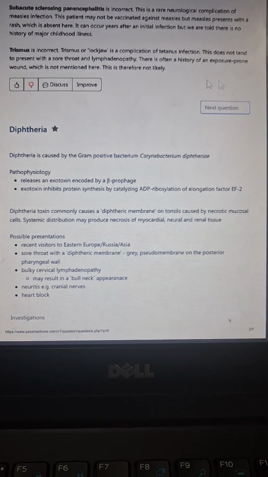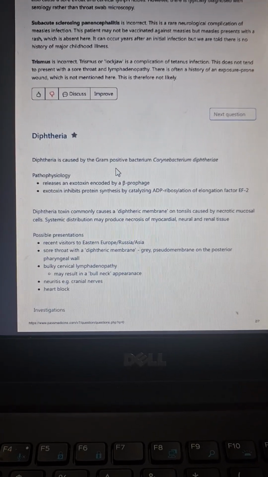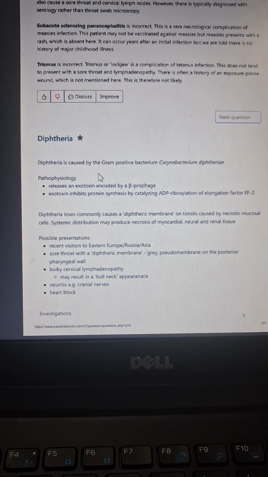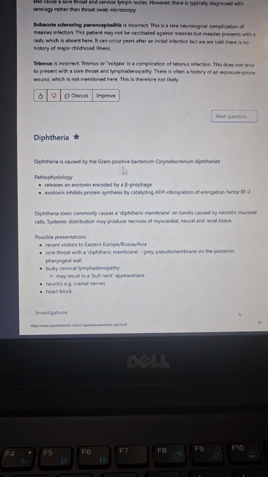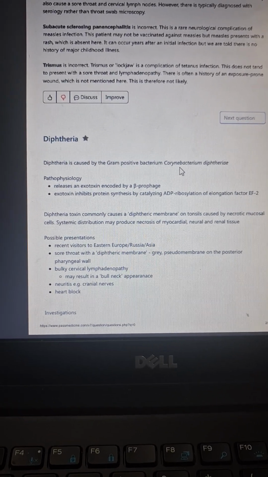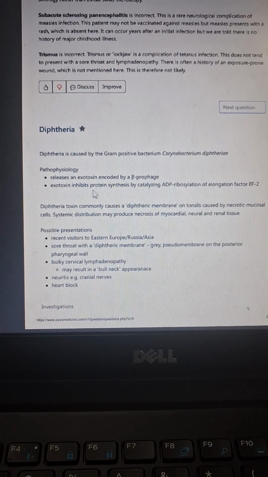Let's study about diphtheria. Okay, so what type of question can come on diphtheria in MRCP 1? The most important question which most often comes is which gram bacterium it is. Is it positive or negative? So remember, diphtheria has P, so gram positive, caused by Corynebacterium diphtheriae, and the pathophysiology is that it releases an